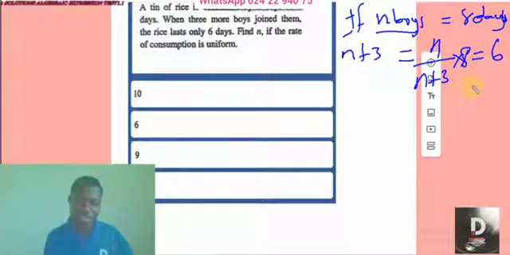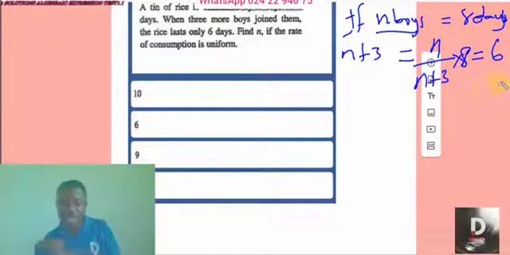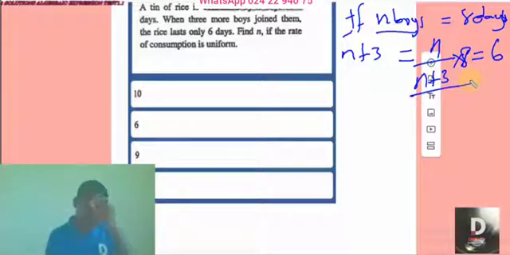He has given it to us. If he had not given it, that would have been the calculation we do. We just limit it to this. But he has given it to us. He said they will spend 6 days. So this answer will be equal to 6 days for them to spend. So this is calculator work. Let's go. It's an equation. So replace the n with what? X. So fraction, right? X plus